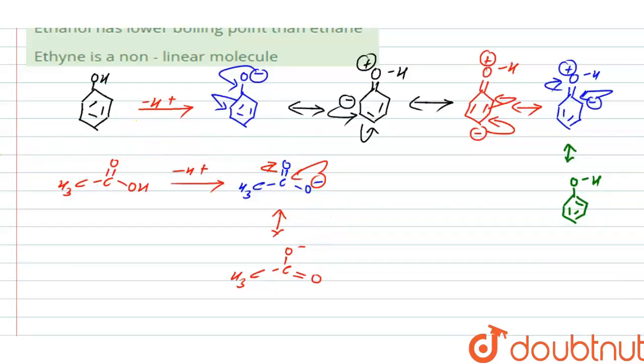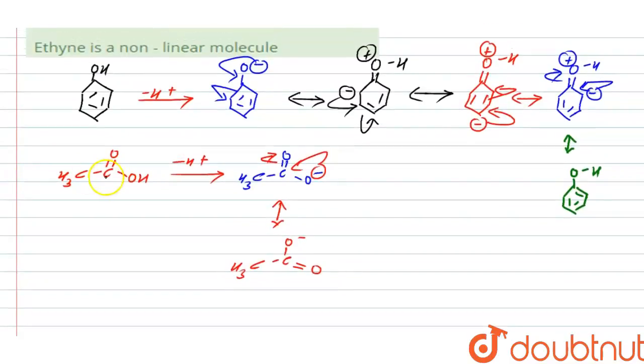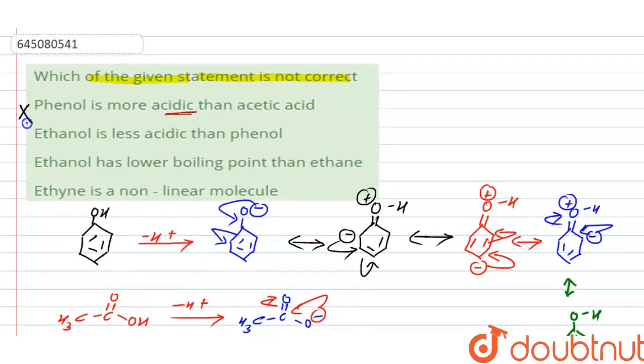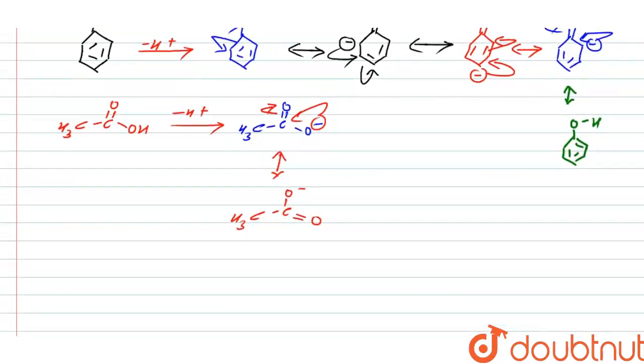Okay, so this means that the acetic acid will be more acidic than phenol. So this means our first option is wrong. Now in the second option we have given ethanol is less acidic than phenol. So let's check. Here in option B we have given ethanol, so CH3, then CH2, then OH is